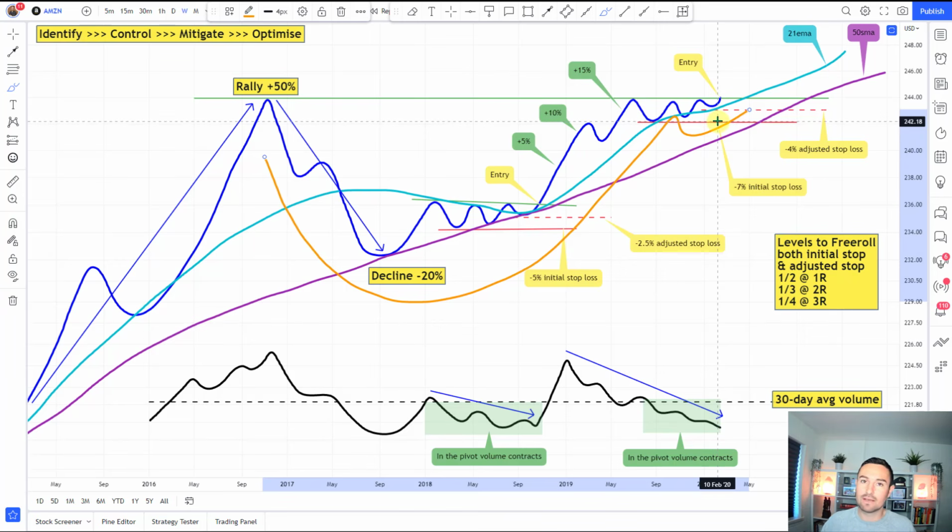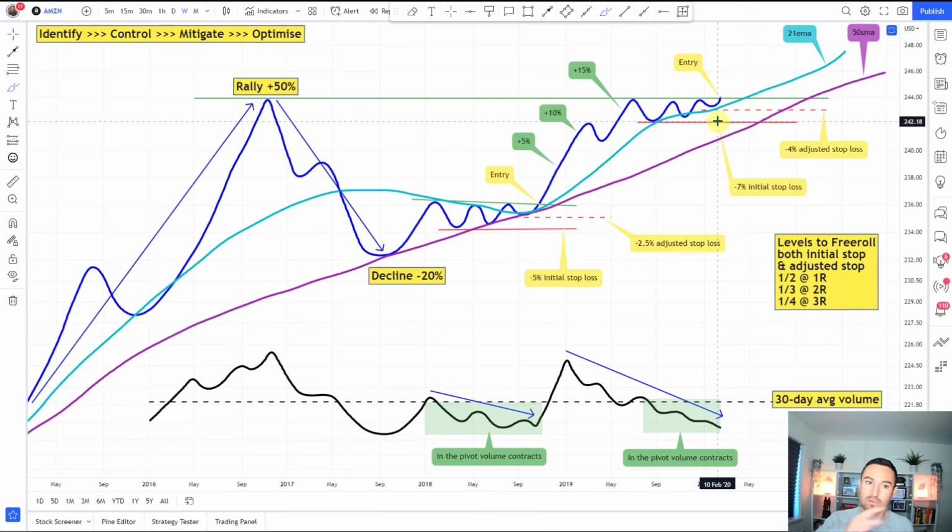So yes, you can have that standard VCP itself, where you just have, say, 3 contractions, 4 contractions moving horizontally, but the volatility contraction is a characteristic you're going to see within other chart patterns, whether it's a cup and handle, whether it's the VCP by itself, a high tight flag, a Davis box. So you'll see these little VCPs form within